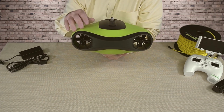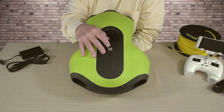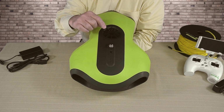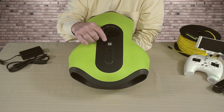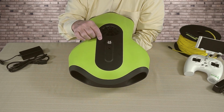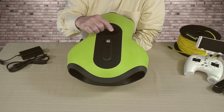and they're extremely powerful. You've got a connector on the top here, which is a 4-prong connector that's used for 2 things. It's used to connect up to the umbilical cable, and I'll show you that in a minute, which connects up to your remote control on shore. It's also the same connection you use for charging the submersible when you've got it out of the water. So the charger will fit there as well as the umbilical cord to operate this that connects the tether to